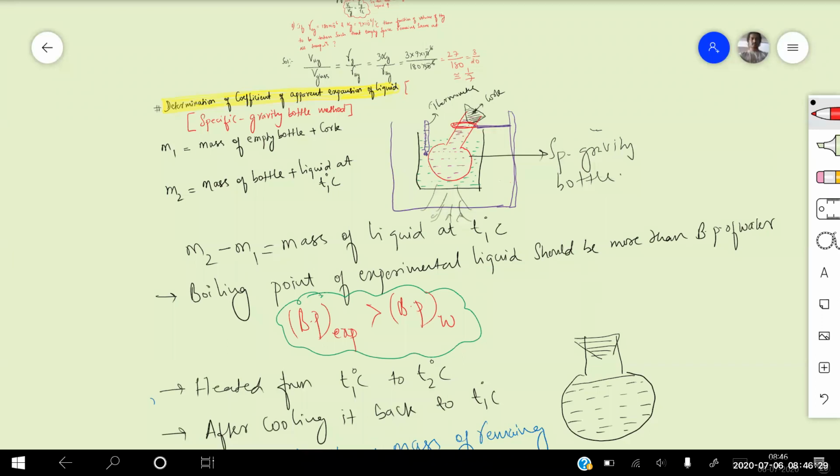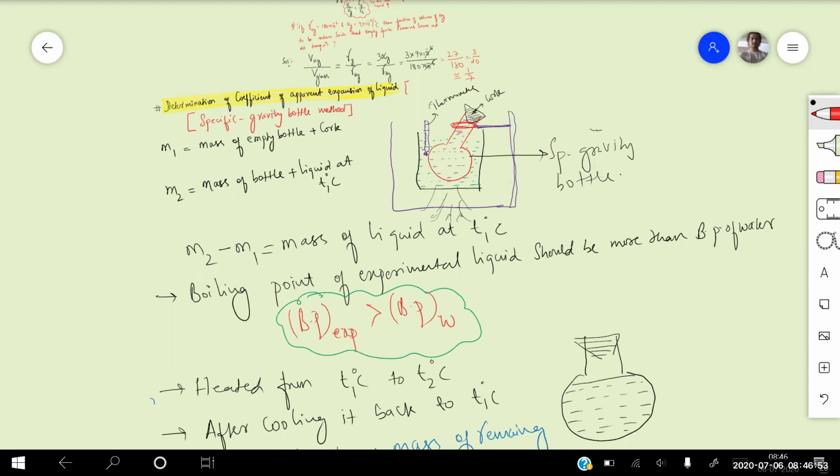So when you're heating it, the vessel will get heated up, the water in that one will get heated up. Then the water which is present in the specific gravity bottle will start heating. So when it is heating, the water in this one will get expanded, it will try to come out from the cork. And the water which is coming out from that cork is not made to fall into the vessel. So with the help of a tissue paper, whatever the liquid is oozing out, we clean it with the tissue paper.